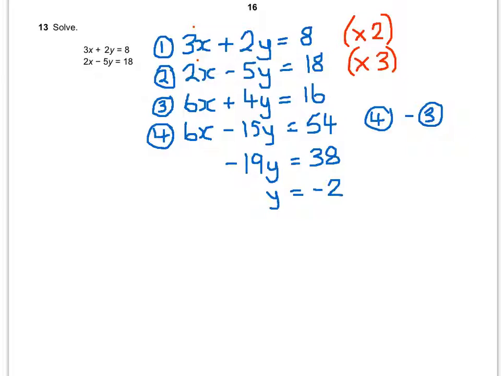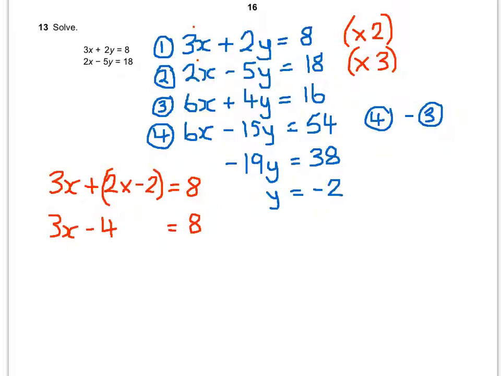So now we need to go and find what x is. So we're going to substitute that back in, and we'll substitute it back into this first equation here because it's the easiest looking. So we're going to rewrite it. 3x plus 2 lots of, well, we now know what y is, so I'm not going to write y, I'm going to write minus 2. Plus 2 times minus 2 equals 8. So 3x, 2 times minus 2 is minus 4, so I've got plus minus 4, or just minus 4,